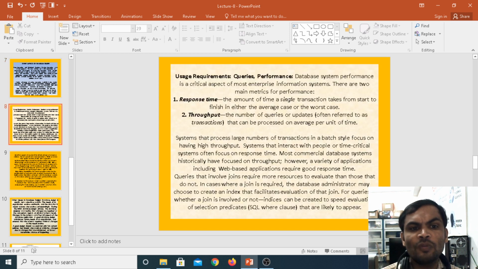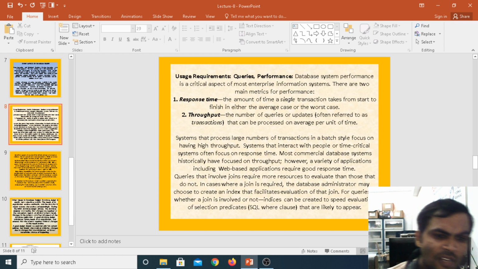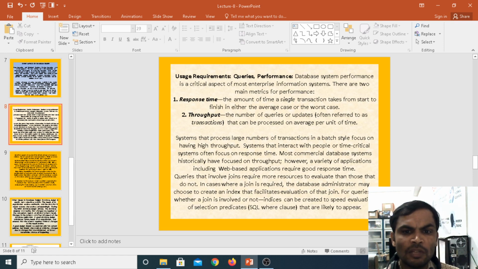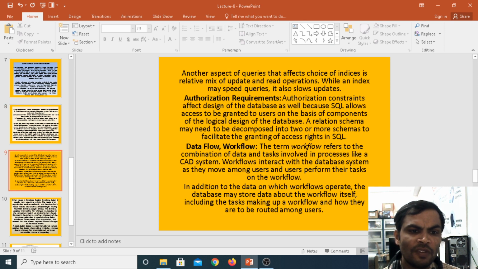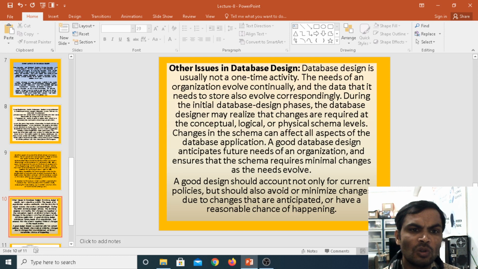Now if you want to go for queries also, we are using SQL queries in the designing of the database, with the help of the database administrator. Next, we are going to see how you want to design your banking enterprise application.